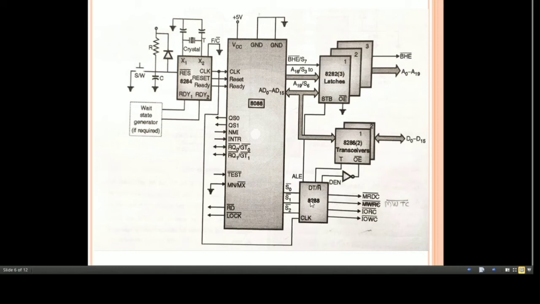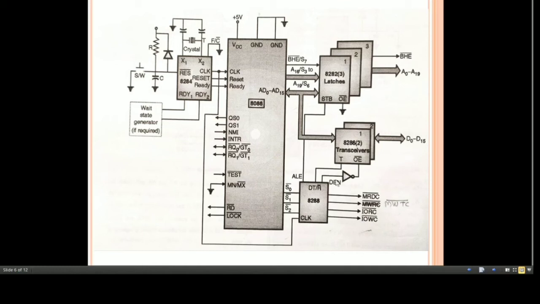Means this bus controller 8288 is the additional circuitry required in case of our maximum mode system. Now what is the function of this 8288? So this 8288 generates the control signals which are required to direct the data flow and for controlling the latches 8282 and transceiver